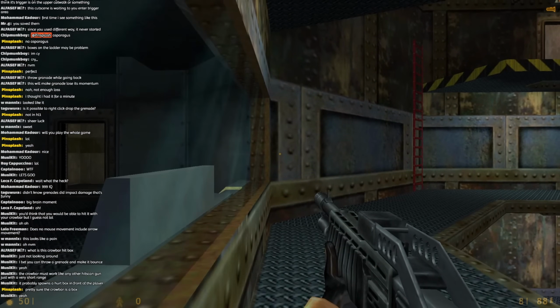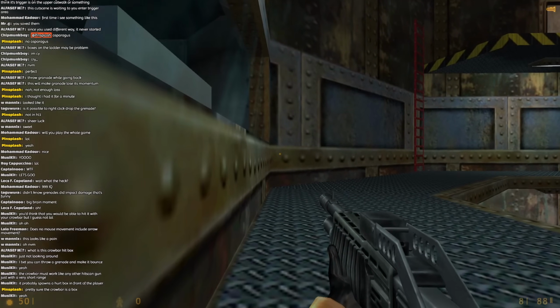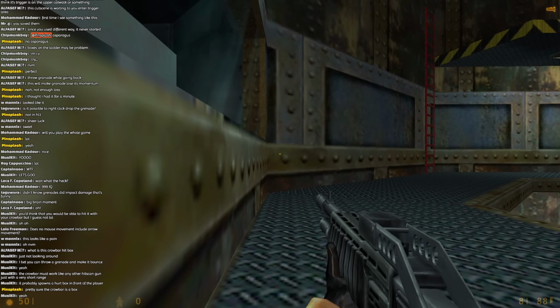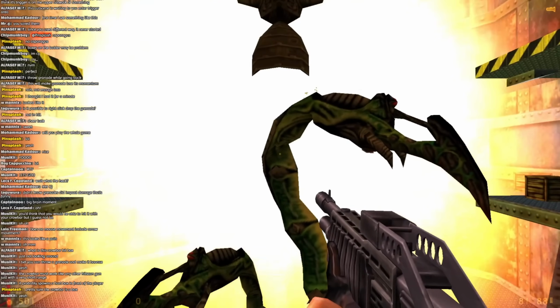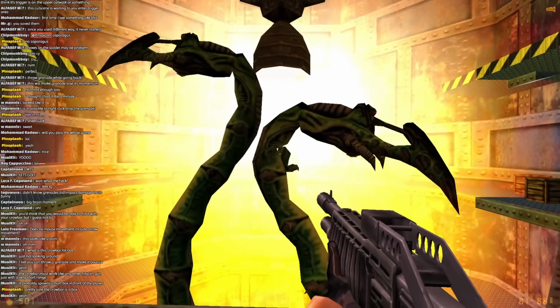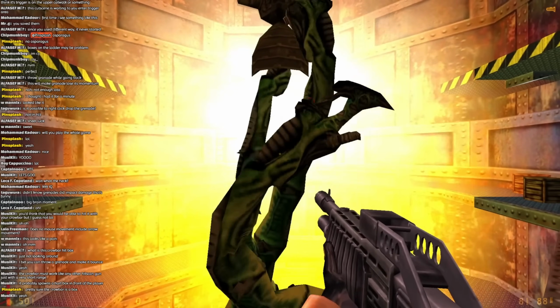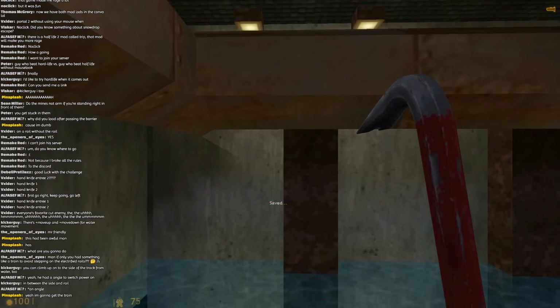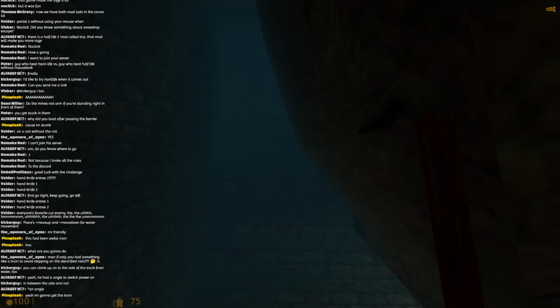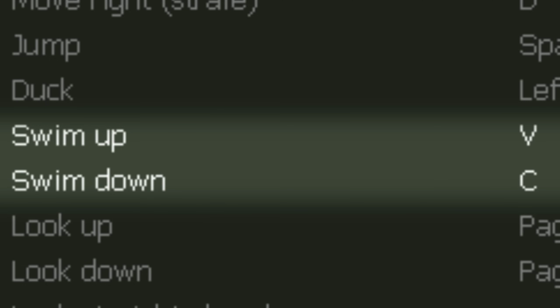And now we're ready to push the fire button, which we will push through the wall. And for those who didn't know, you are safe from the fire inside the main chamber, because video games. In the next area, we must swim through a large body of water. Fortunately, Half-Life comes with dedicated commands for swimming up and down.